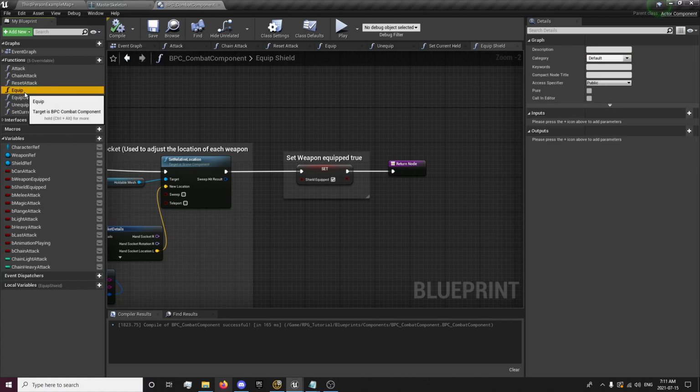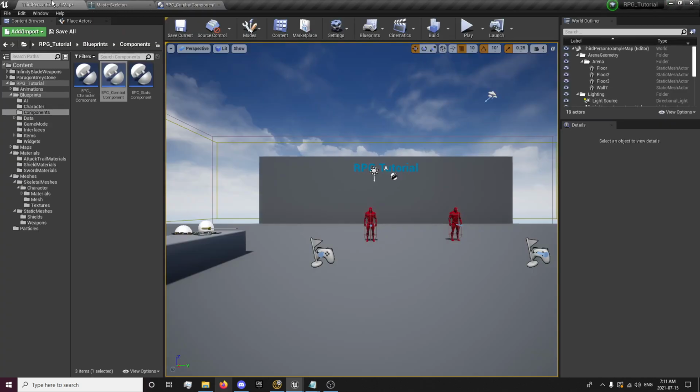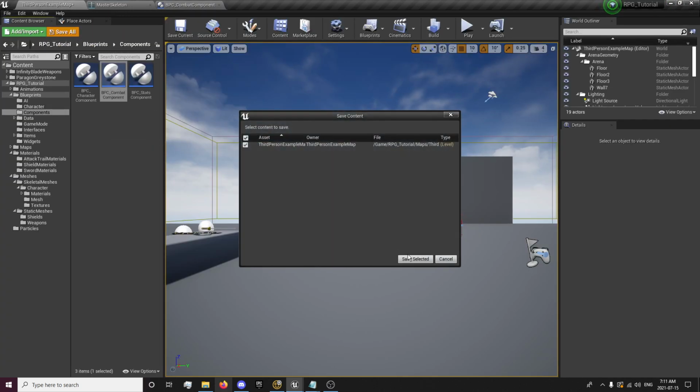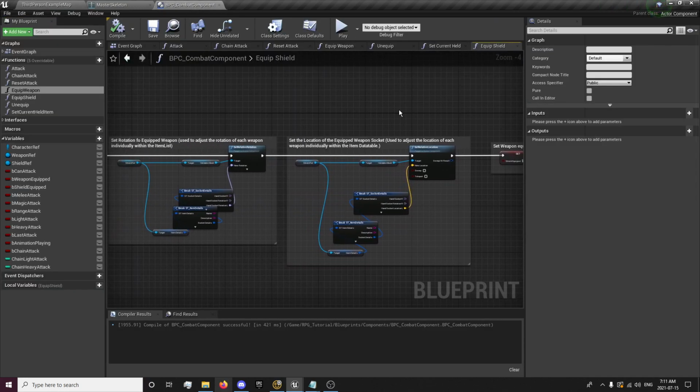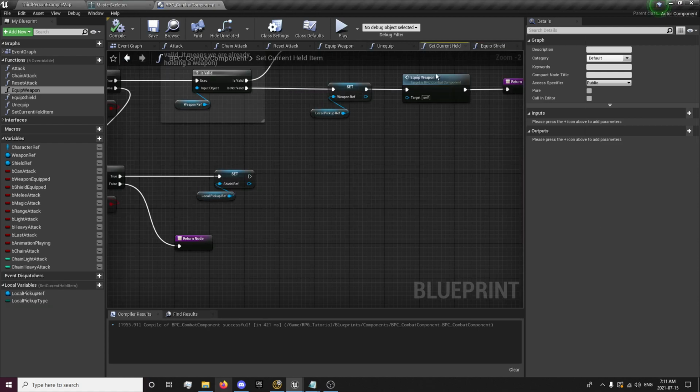Actually going to change the name of this function to equip weapon. So that's what it's doing right now. So now that we have our equip shield function, we can go back to our set current held item. We can drag out of here